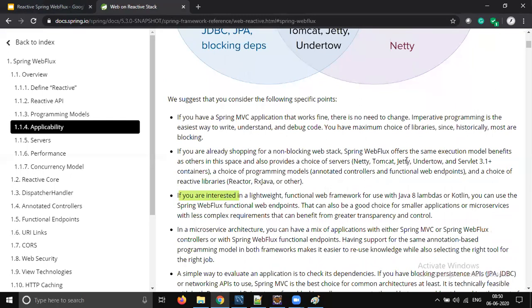So Spring Webflex is open for that. If you are interested in an application with lightweight functional web programming, your basic JDK is 1.8, and you want to write an application full of Java 8 lambdas, then Spring Webflex is completely suitable.